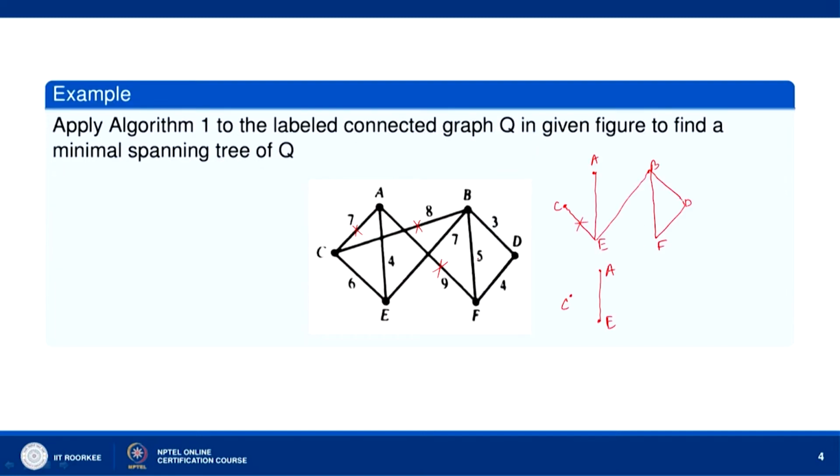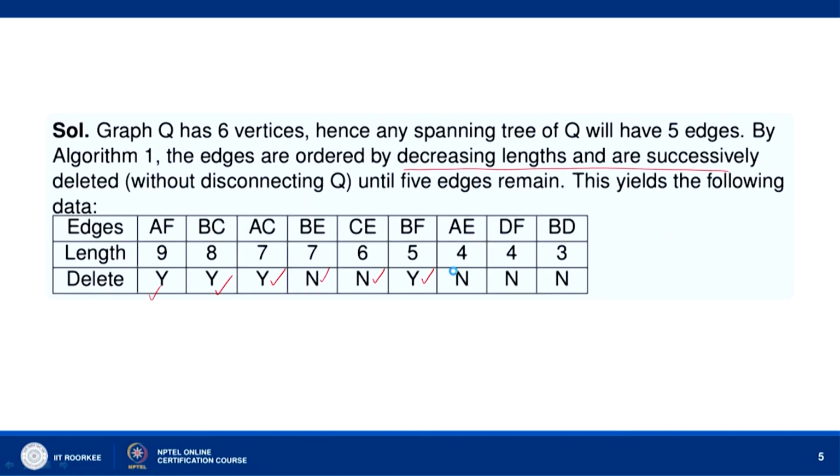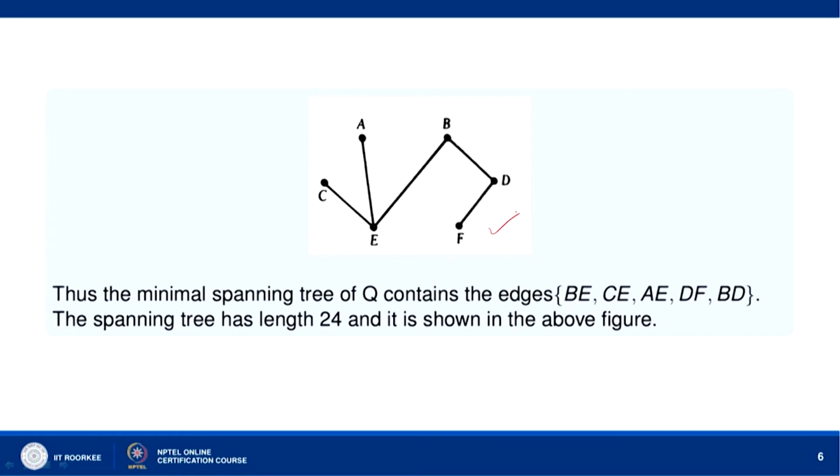This graph, okay, where we have deleted 4 edges, and the remaining edges are B, C, this is C, and then AE, and then we have DF, and we have BD. Okay. So, it is the minimal spanning tree, it is a tree with 5 edges,